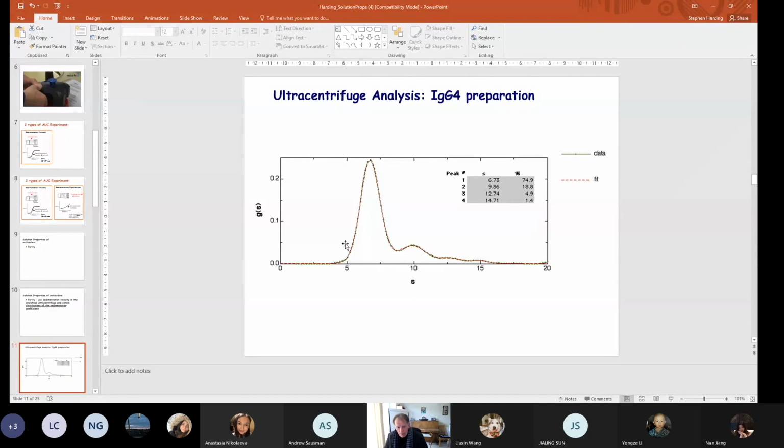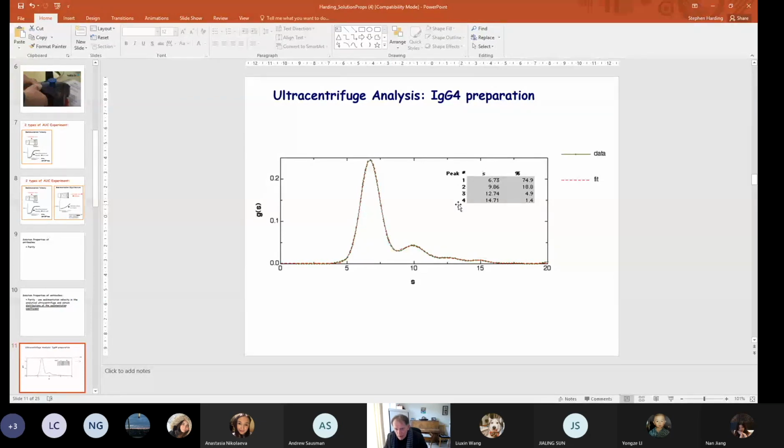So this is the main peak here, which corresponds to the pure antibody, which has a sedimentation coefficient of 6.7 Svedbergs, and there's 74.9% of this. This is dimer,